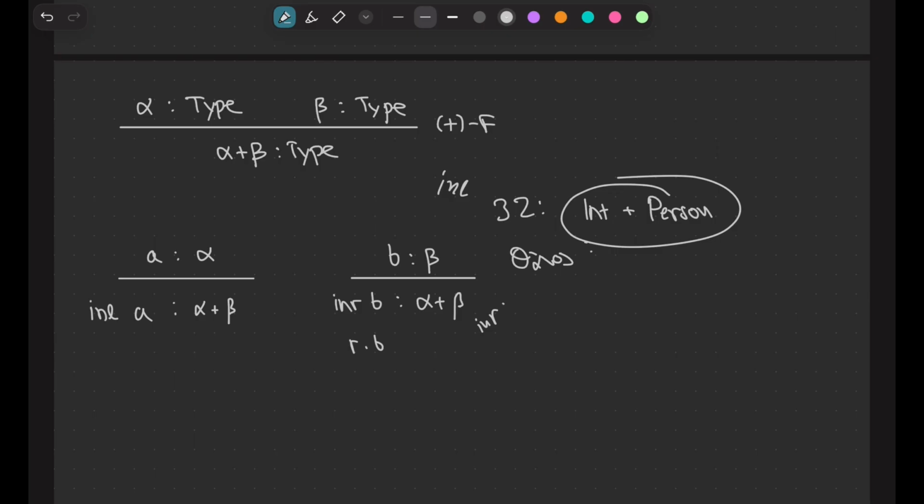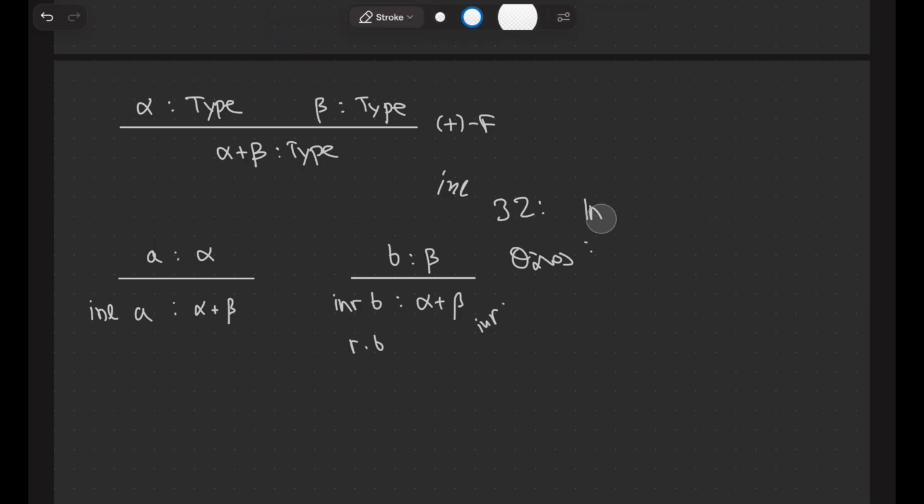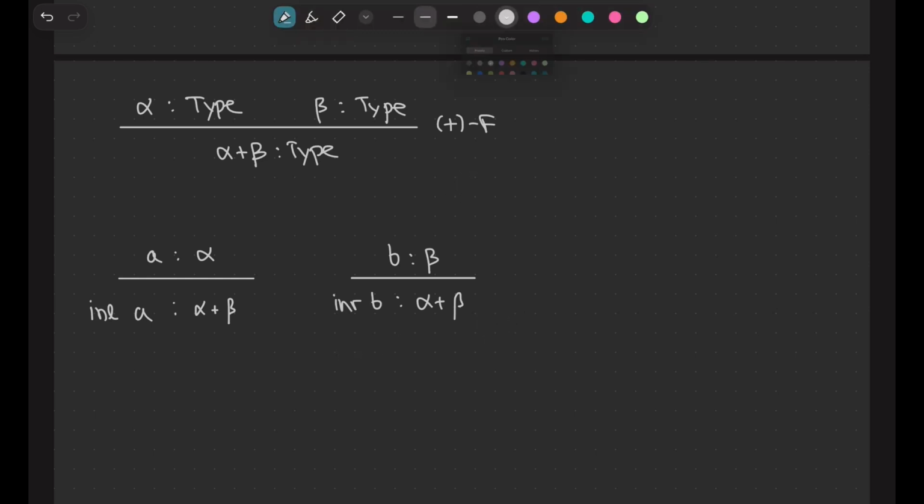Yes, Manolis? I have two questions. First of all, when we say A is a type, A plus beta, is there an implicit beta as a subscript to inl or something? Is it a different thing for each type beta? Yes, perfect, very good question.